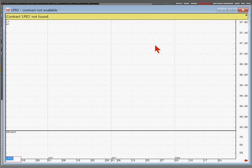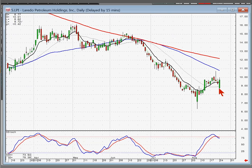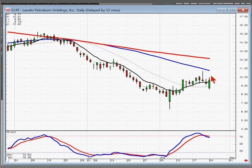LPI, here's a perfect case of, dang, Jiminy Christmas, I just can't hit my butt with either hand tonight. This one had opened lower, which would have been ready to go short on this had it started drifting lower, except it turned right around and came back up, which now makes this a good buy on positive trading. You had the big bullish engulfing signal, also kind of a belt hold, what we call a booster